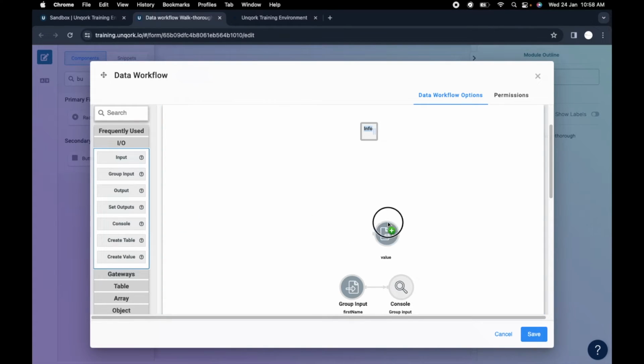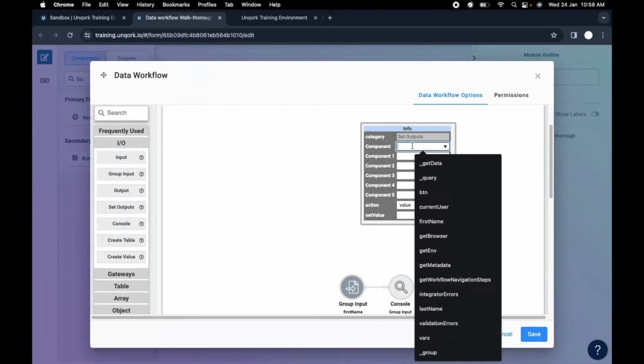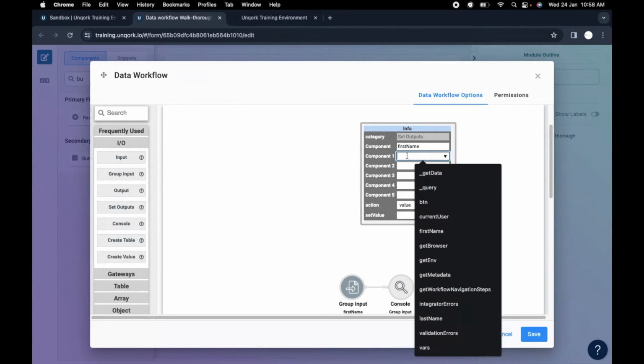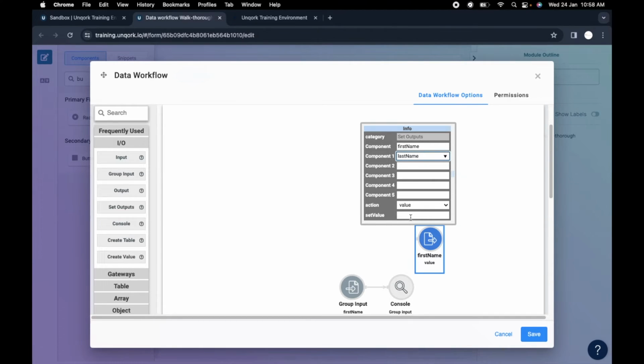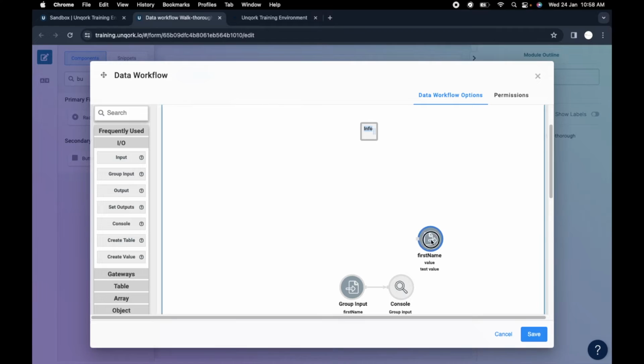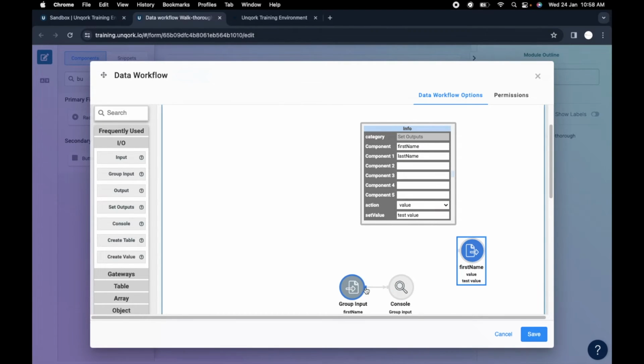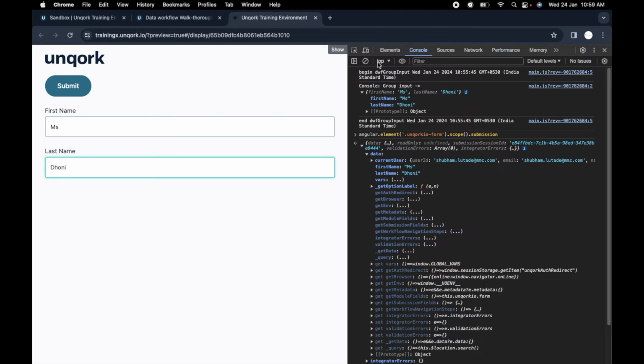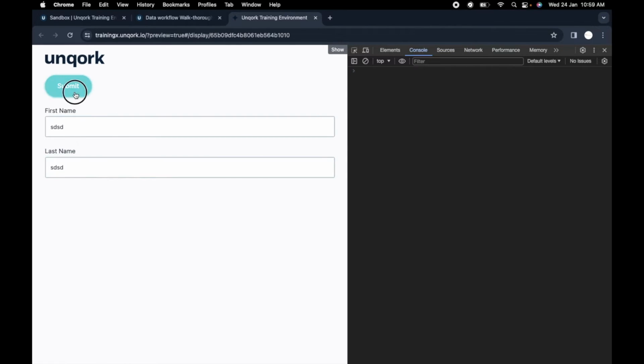What we will do is we'll set this group output, and here let me put our two components, first name and last name. Cool, so these two things we have done. Let's put the action as value only, and we'll put it as test value. This is what I'm doing. We'll just connect this to this. Let me refresh this. If I put some value here and submit,